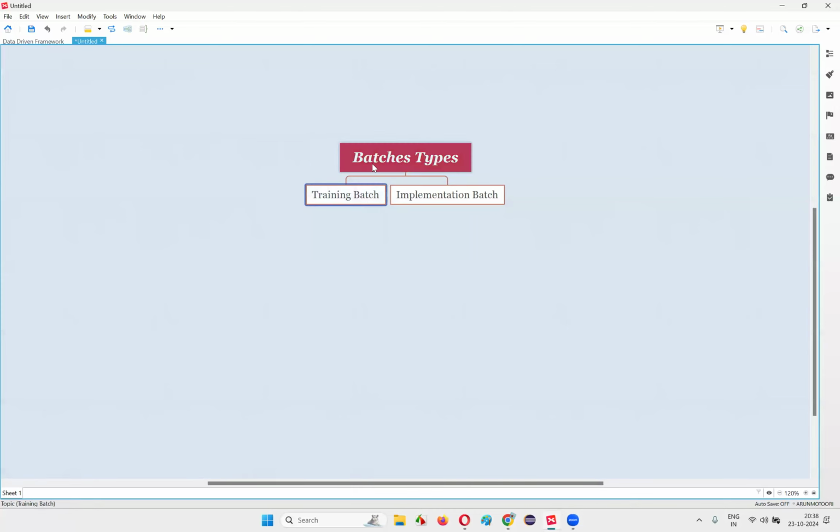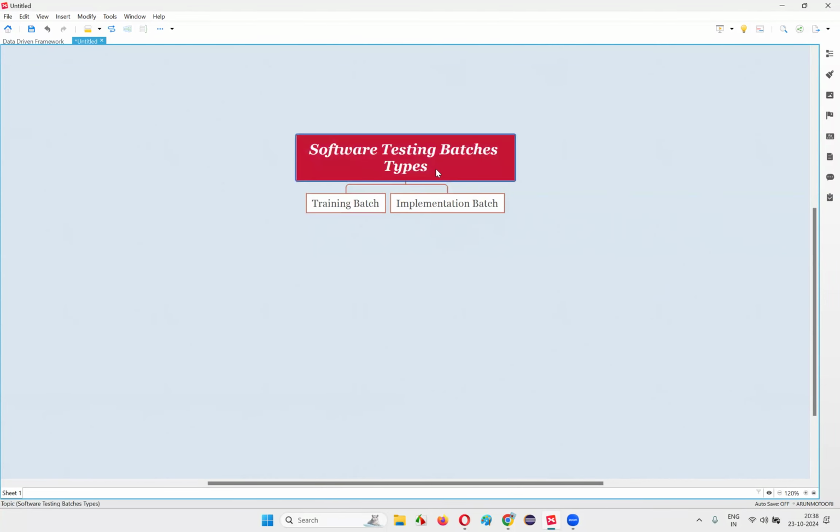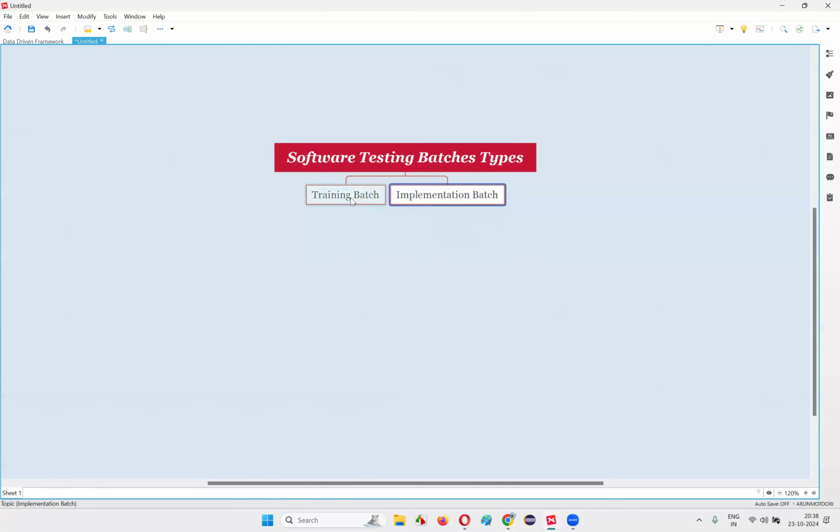So we run these software testing batches. When I say software testing, Selenium Java automation also is included. In software testing, manual and automation both, and many other stuff. So these batches are divided into two types. One is the training batch, the other one is the implementation batch. In the training batch, complete training will go on. But in the implementation batch,